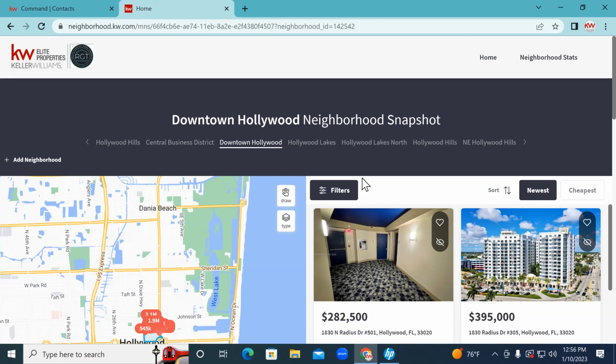We're conditioned as real estate agents to go, oh, well, they have a 3 bedroom, they only want to see 3 bedrooms. No, they want to see